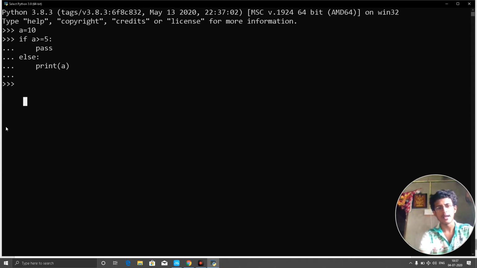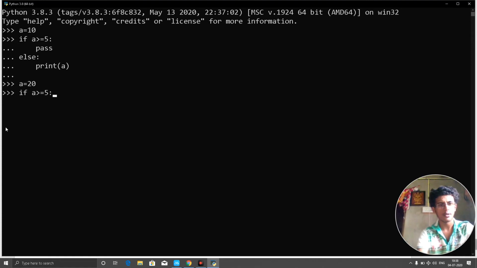For example, now I will write a equals 20, and if my a is greater than or equal to, instead of this I will make this less than. Okay, if a is less than or equal to 5, then I need to write the statement pass.